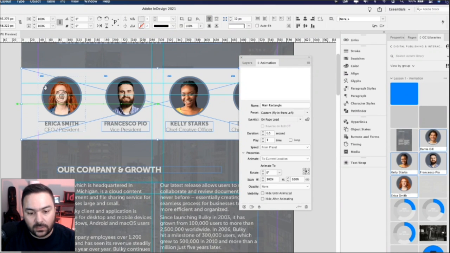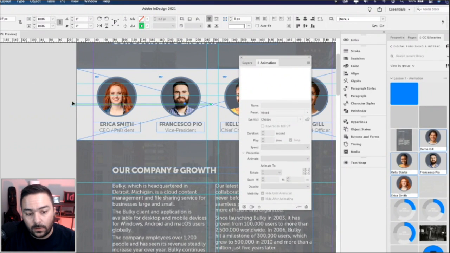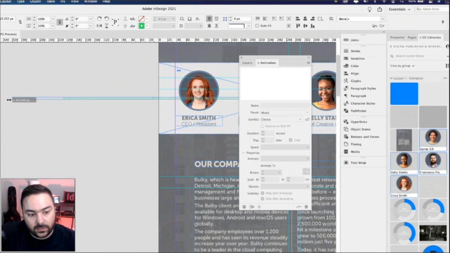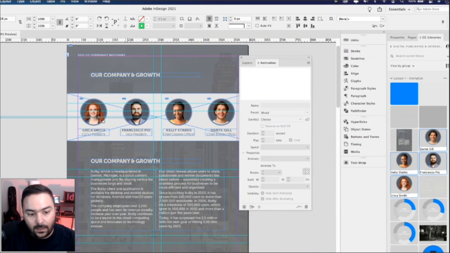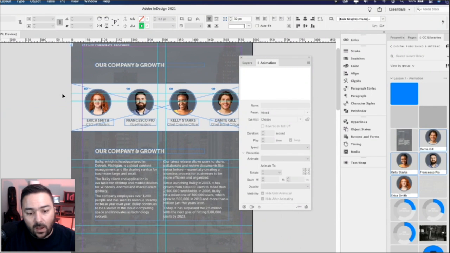The only other thing I'm going to do is click the motion path with the selection tool, and now I'm just going to grab the left hand edge of it and drag it further out to the left so that shape travels from a further distance, and so you won't be able to see it at all. If I didn't do that, it would be kind of halfway onto the page. So basically, I've extended that. I might do it even a little bit more, just so it's off the page on page load. Let's see how that looks.